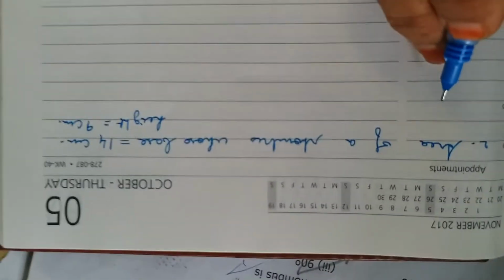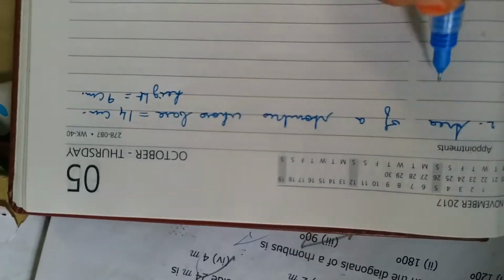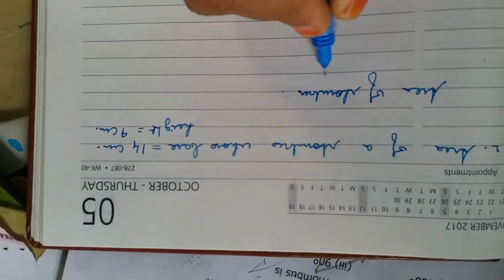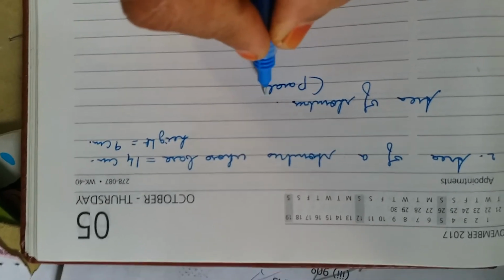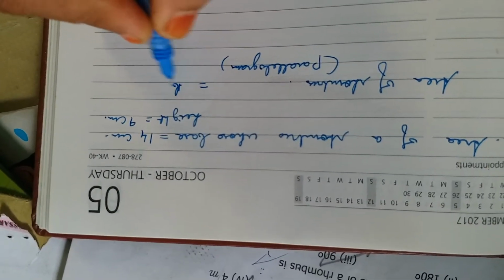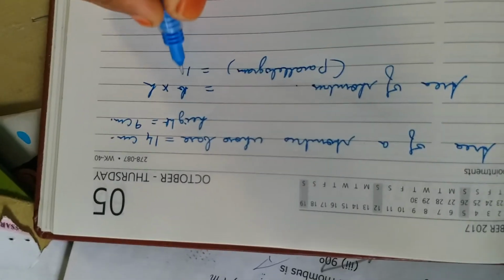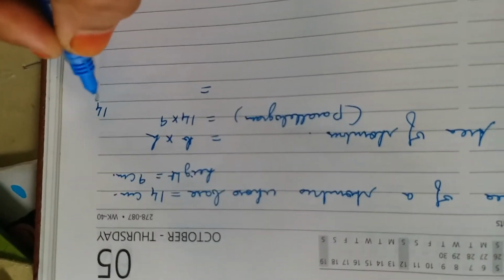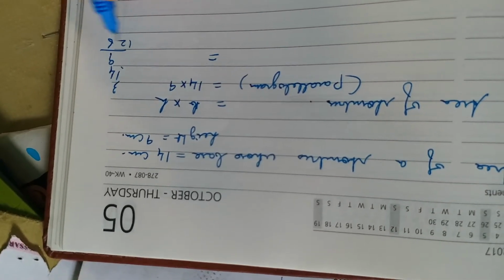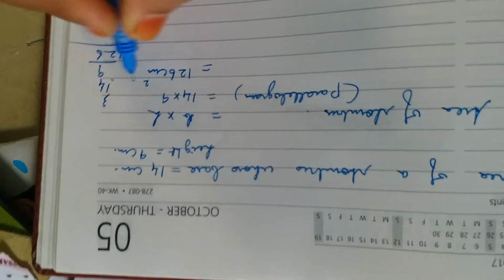Second sum, area of a rhombus whose base is equal to 14 and height is equal to 9 centimeter. Here also, in the same way, base and height are given. So you will use the area of a parallelogram formula. You will write area of a rhombus because it is given under the rhombus problem, and in your bracket you write parallelogram. But as base and height are given, you will use that formula only. It is equal to base into height is equal to 14 into 9. 9 4s are 36. 1 9 is 9 plus 3 is 12. So it is equal to 126 centimeter square.